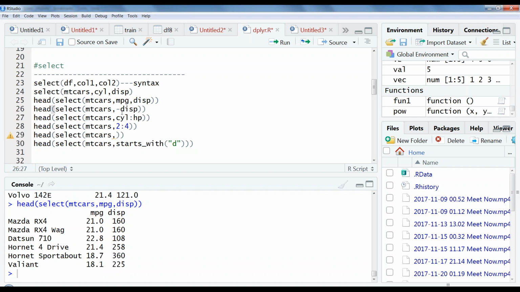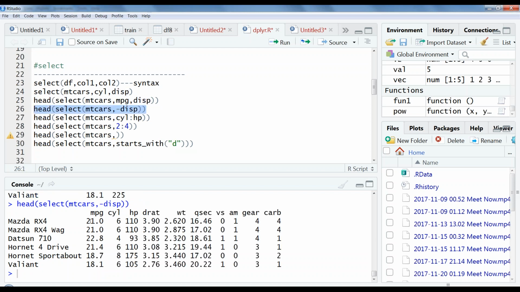So I don't want displacement, disp. I don't want this column, so I write select mtcars minus displacement. So except this column, I'm going to get all the columns: MPG, cylinder, HP, drat, weight, QSEC, VS, AM, gear, carb. So all columns we got except displacement. So this is one more option we have in select.